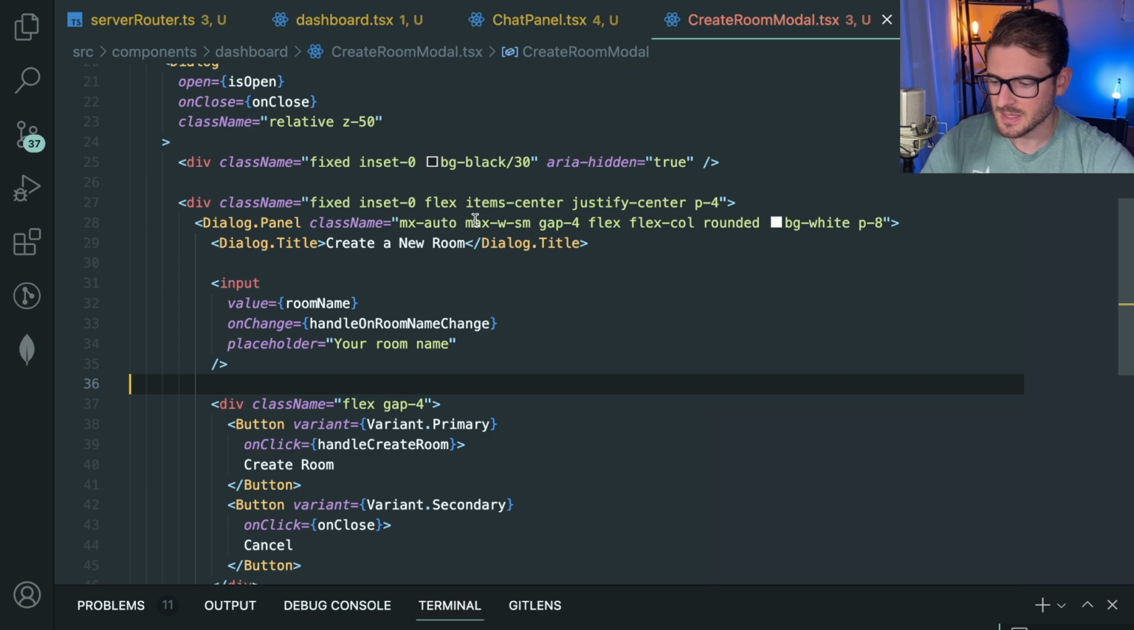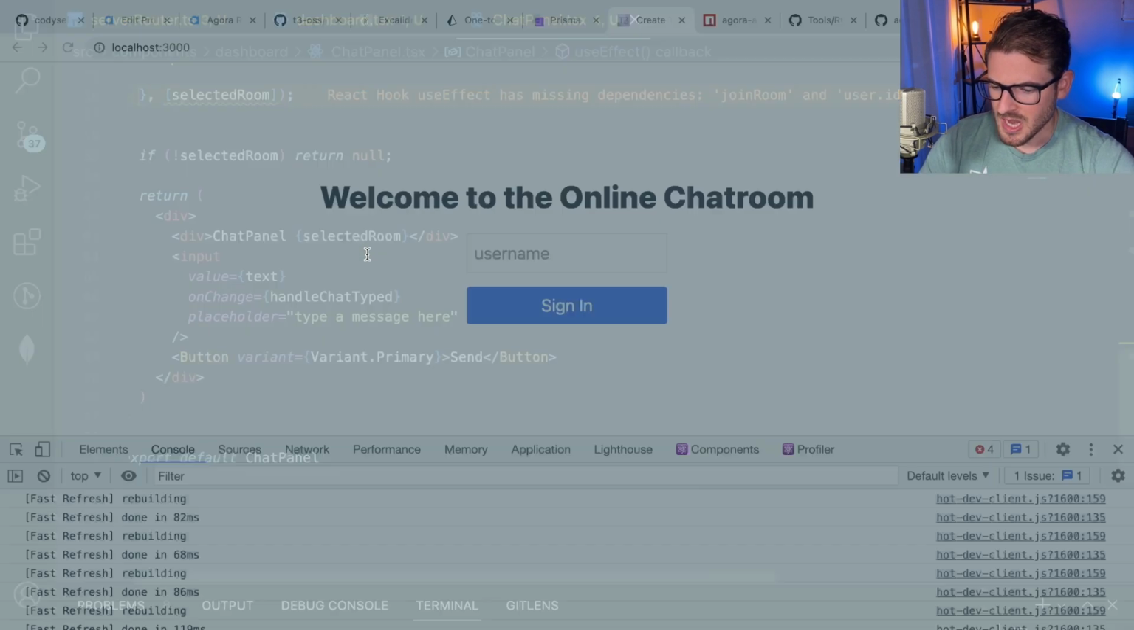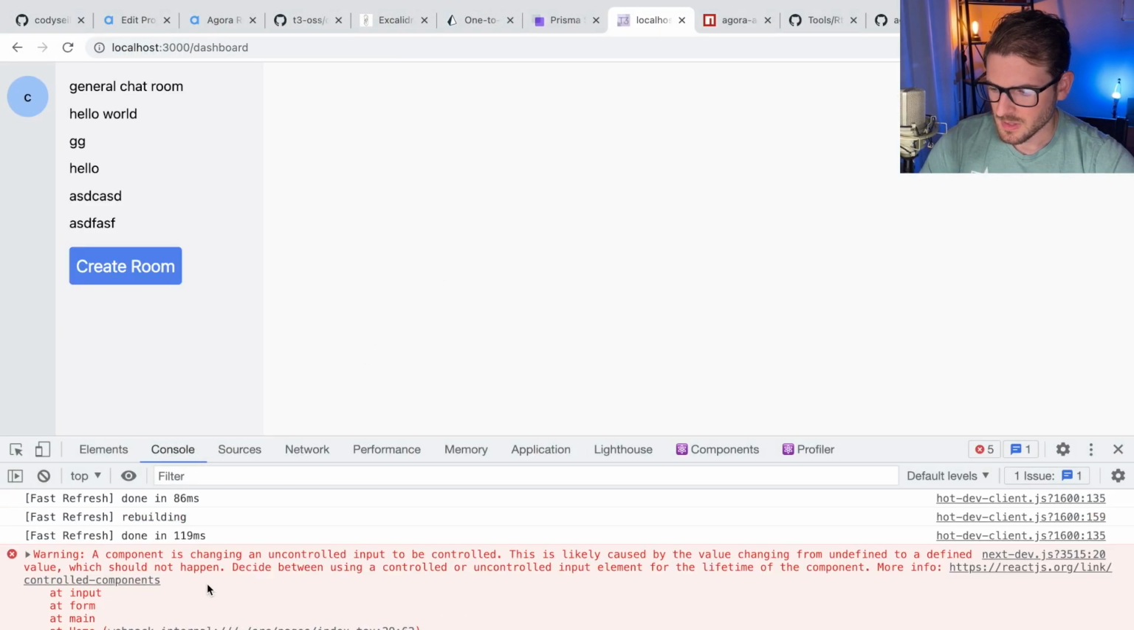Okay. I kind of got distracted. I want to go back and clean up some code. But yeah, we have a chat panel now, hopefully. Login as Bob, and